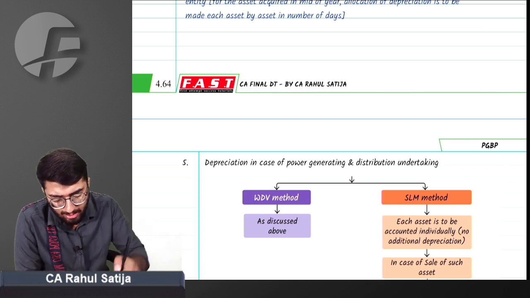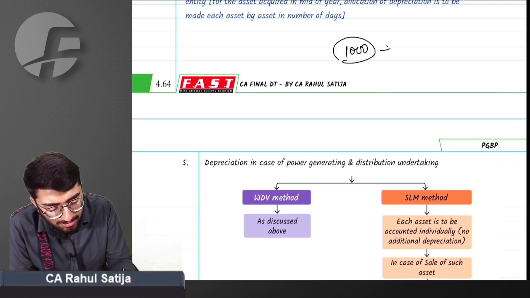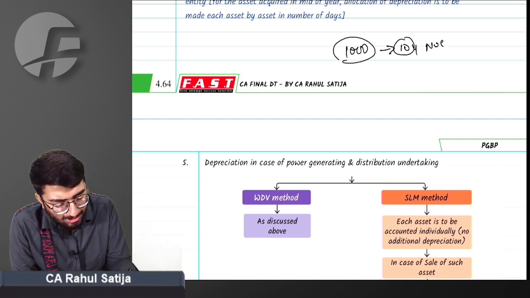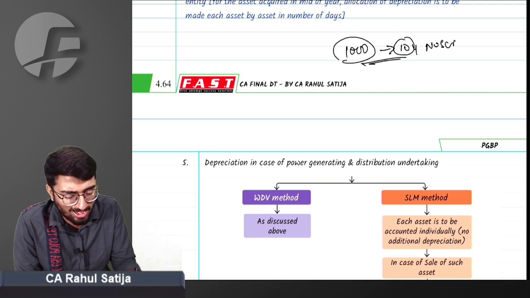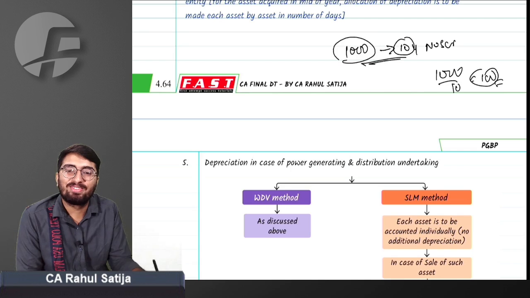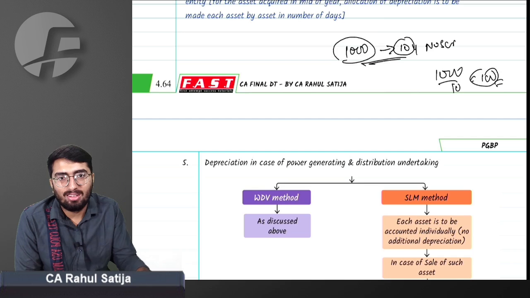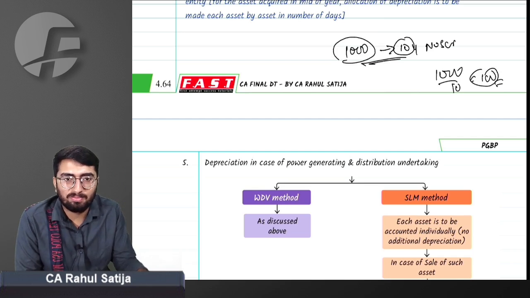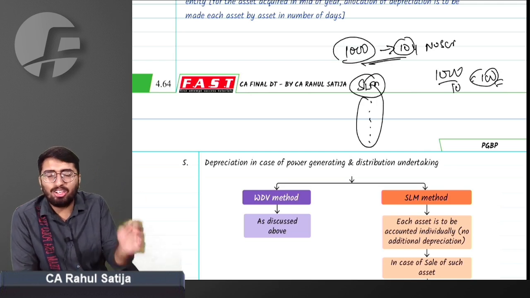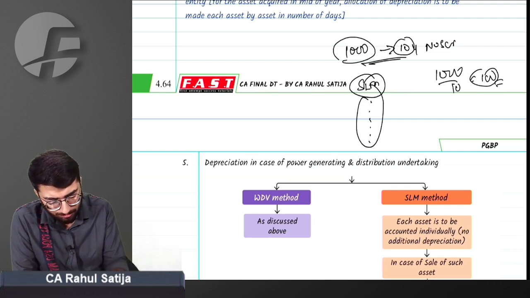Right answer is that the depreciation will be calculated as normal. So, for example, an asset is bought at rupees 1,000 and useful life is expected to be 10 years, and, sir, no scrap is expected. Sir, how much depreciation per annum do we have to charge? Sir, 1,000 divided by 10 is nothing but 100 rupees depreciation we have to charge per annum. How can a thing be simpler than this? You have to use the SLM method. For each and every asset, you have to follow the SLM method, like you do in the Companies Act. What else do you want? Simply this is to be done.